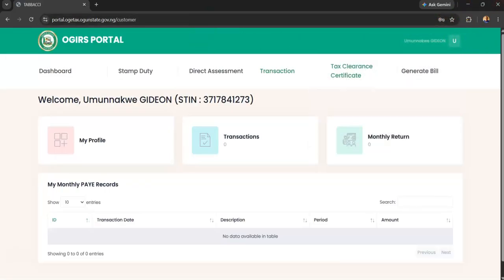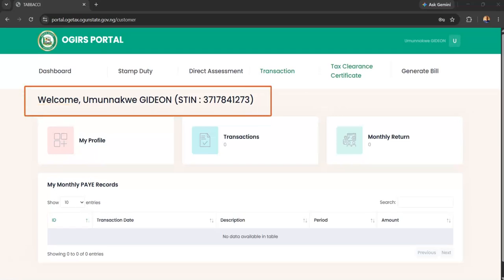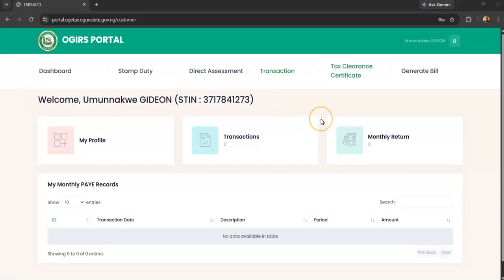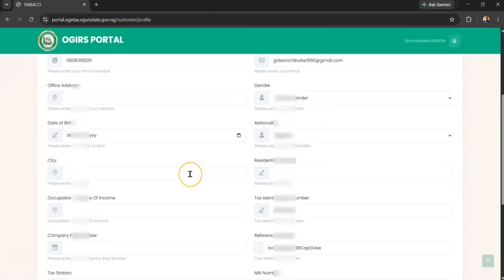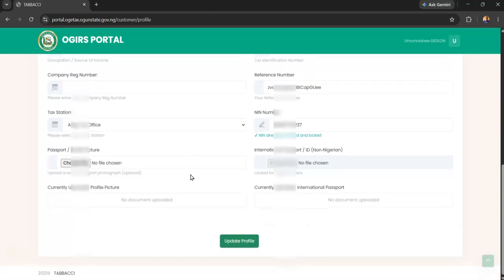So we have the dashboard. You can see the name, and then you can see this state TIN that has been generated for that particular person. So this is the profile. So from here you can pay the 10,300 minimum tax. So we come here to generate bill. That's the first thing. Once you are here, we'll click on generate bill, and then we have all of this stuff